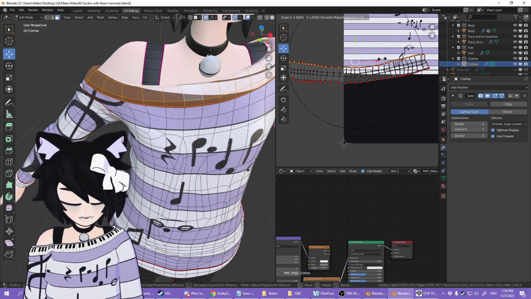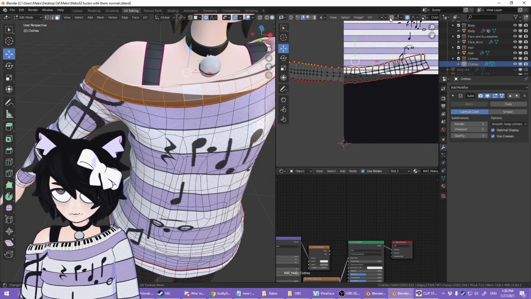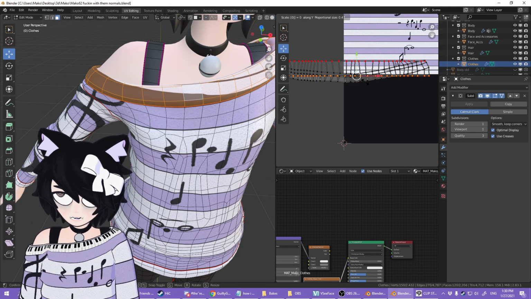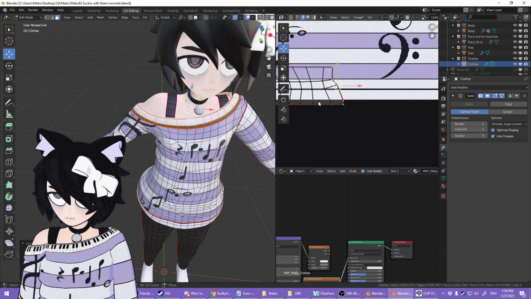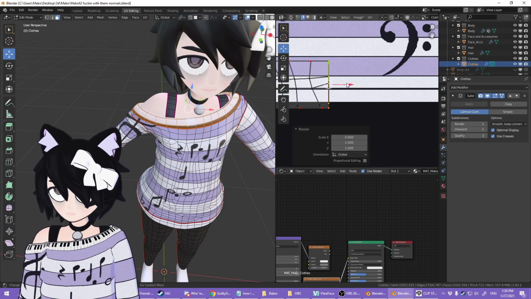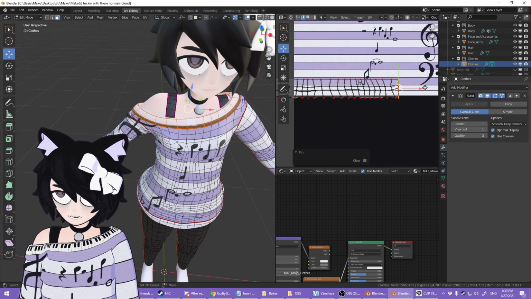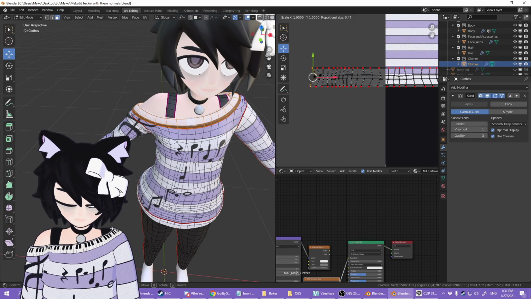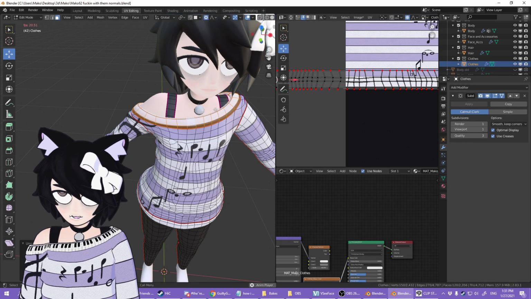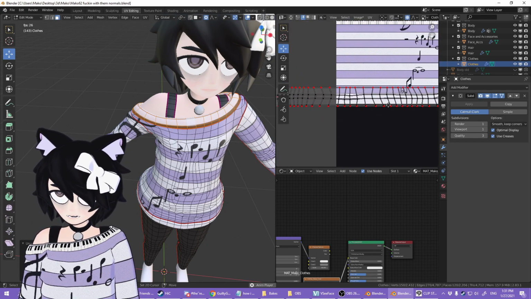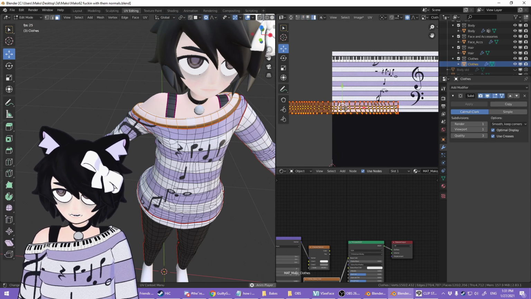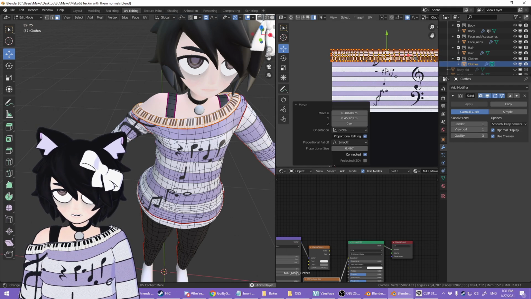Well, scale that to Y, make sure this is off, SY0, then re-unwrap it again. Okay, this edge is gonna need to be perfectly like that though, so I'm gonna do that and pin that. Same over here, SX0, P to pin, re-unwrap it again. And now we have this grid where we're still letting it do what it wants in the middle, but the edges where it matters are exactly how we want them.